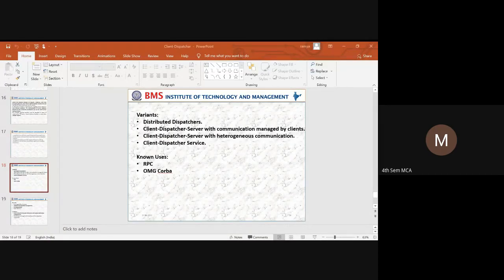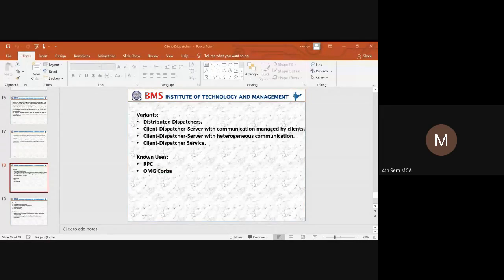The next variant is client dispatcher server with heterogeneous communication. With this variant, what happens? In the basic pattern, we need to implement the communication between a client and a server using only one communication mechanism.